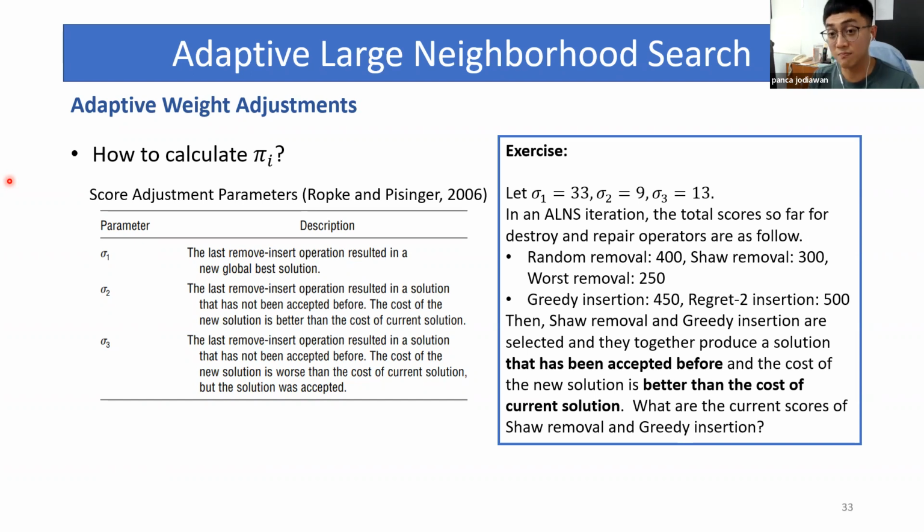This is the condition before we consider this. And after we consider this statement, the current score of shell removal and greedy insertion will be something like this.